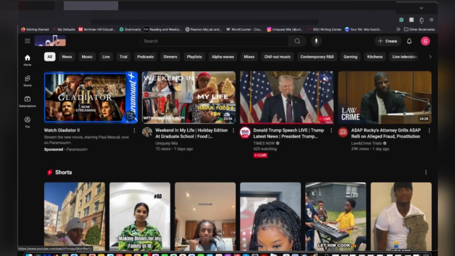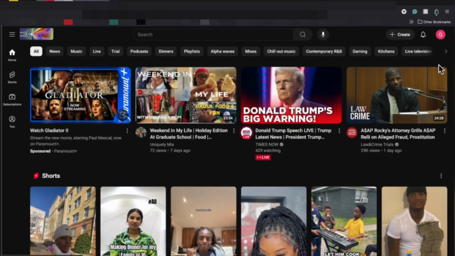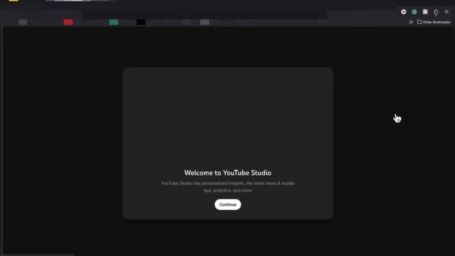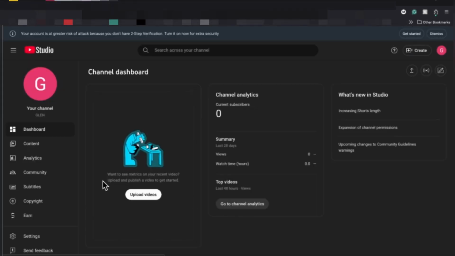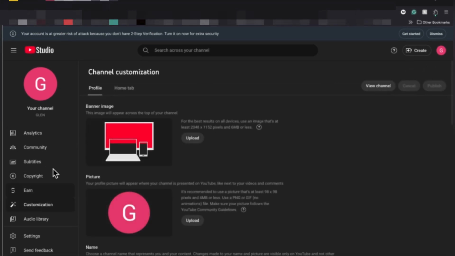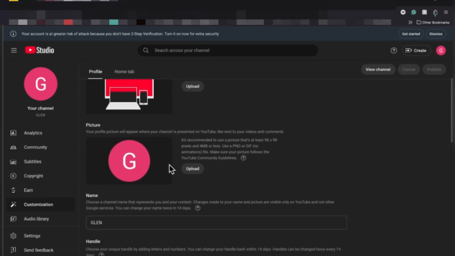First, you want to enter into YouTube's website on the internet. Once you do that, click on your profile picture, go to YouTube Studios, continue. Then you're going to look for customization. Once you find customization, which is found on the left hand of your screen,